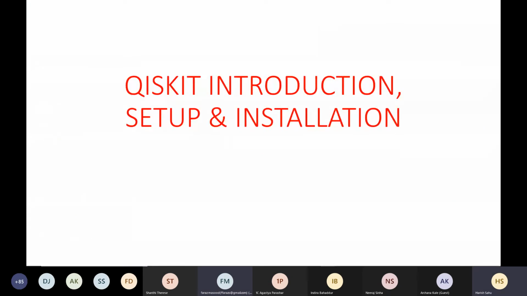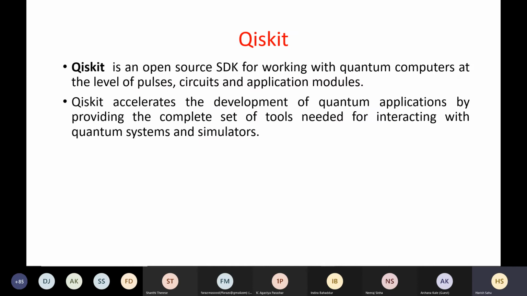So here we will be learning about Qiskit, and then how to set up and install this locally. Earlier we were doing these things online on Composer and this Quantum Lab, but we can set it up locally also. So what is this Qiskit? It's an open source SDK for working with quantum computers at the level of circuits, quantum gates, pulses, and application modules.